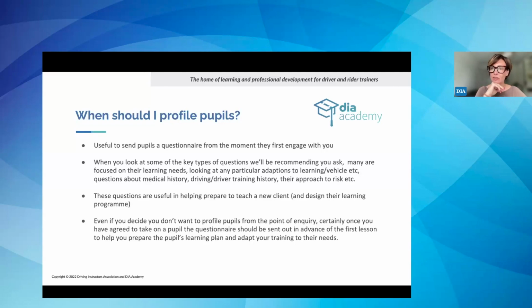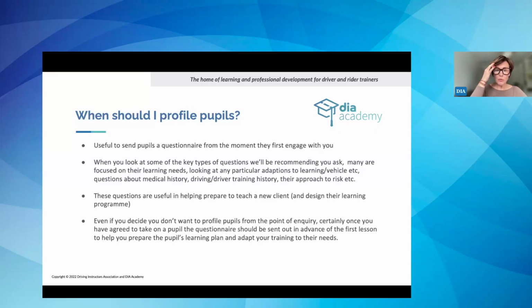Have you done any risk management? Can you demonstrate risk management within your business? Because to support the claim and defend it legally, the more evidence we have of your risk management processes, the better. So these questions are useful and prepare you to teach a new client and design their learning program as well.